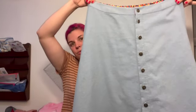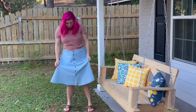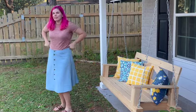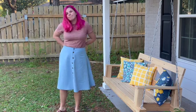But I think it's really cute. Did I already say I made a size 20? It's too big. It falls down. I wanted it to sit at my natural waist and it sags down. I have video to include. So as beautiful as it is on the inside, I'm going to have to take it in just a smidge to get it to sit where I want it to,